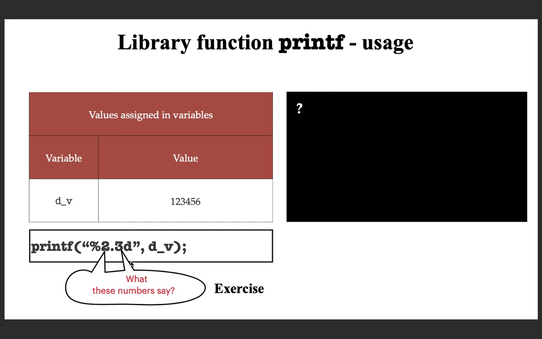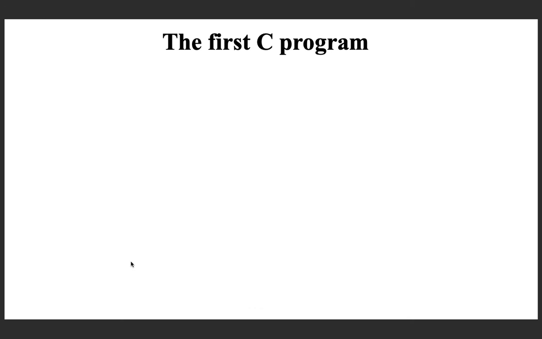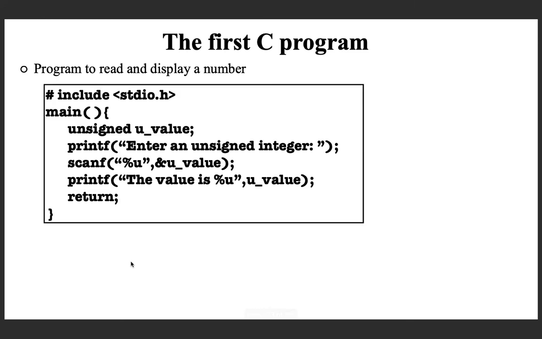And now we have collected enough information from the C programming language for writing our first C program. We are going to write our first C program. Consider a program to read and display a number. Here is a program. Because I am using printf and scanf statements, I have to include the standard input output header file,